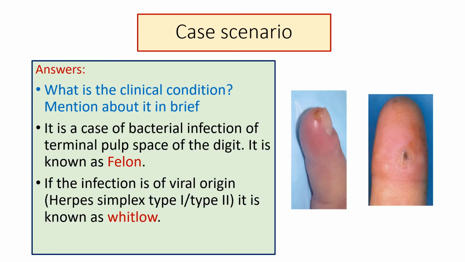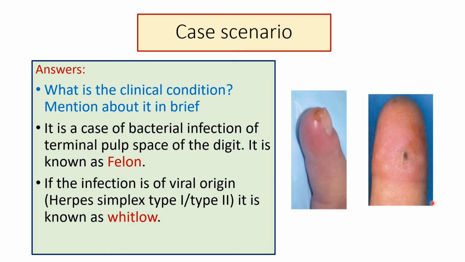Now let us see what is the clinical condition. So the case that was presented is this one. This is the picture of it, and it is a case of bacterial infection of terminal pulp space of the digit. This condition is known as felon. Then you are seeing another picture